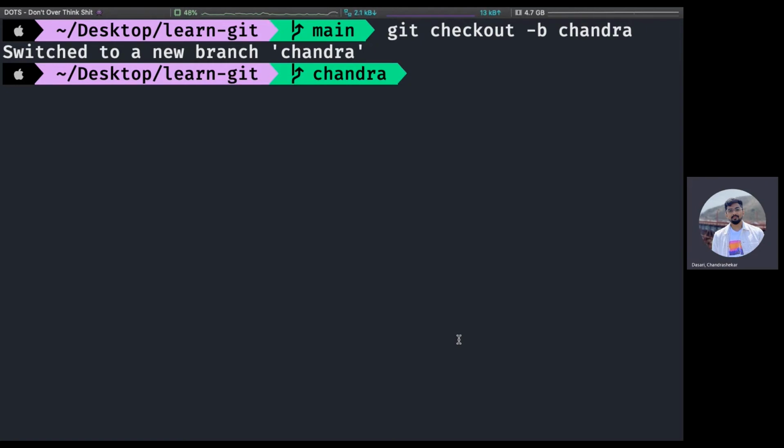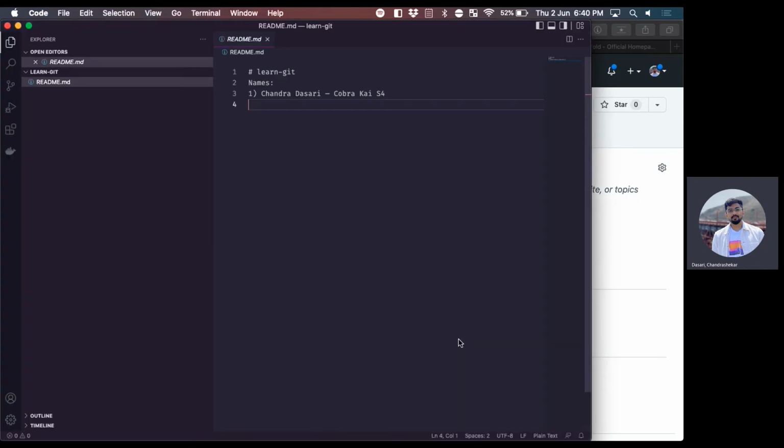Once you've created your own branch, you should see that it's automatically switched to it. Just open VS Code or whatever code editor you use, in the same directory.